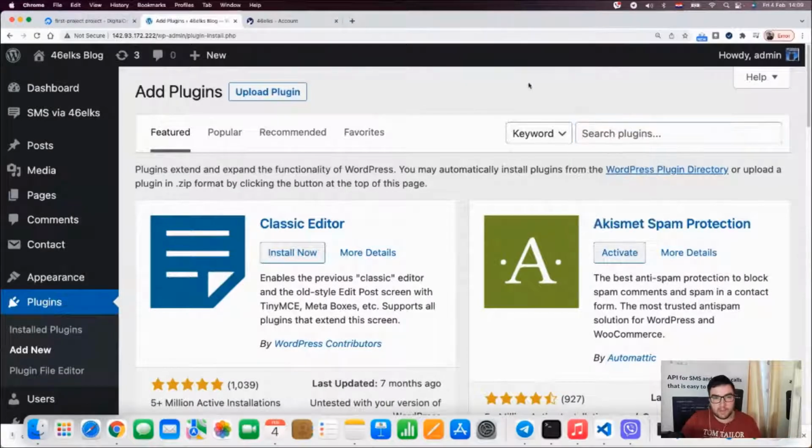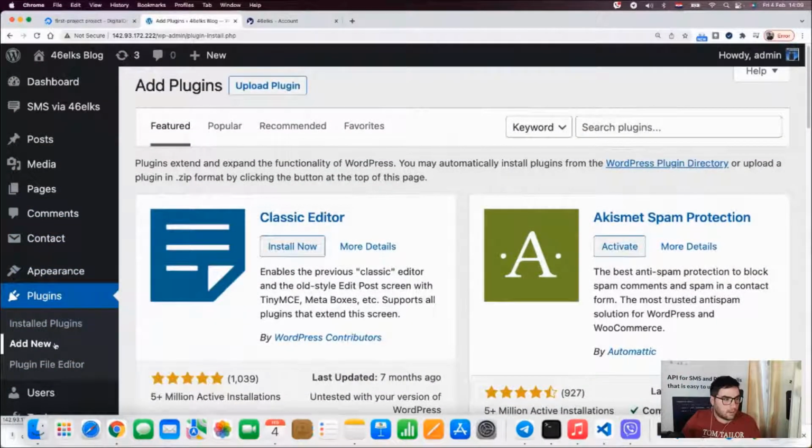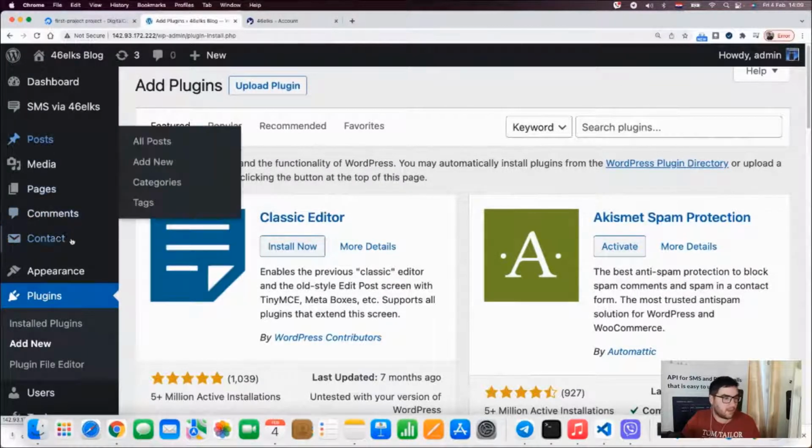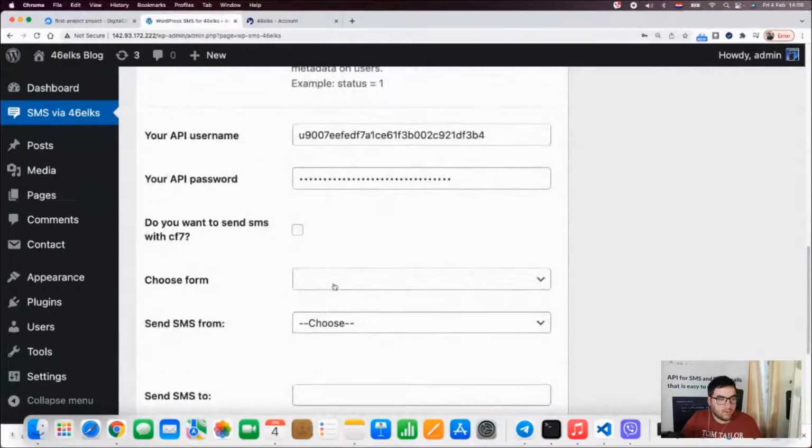You can type in the search here. So for example, you can type in Contact Form 7 and you will get it here. Installing is quite easy because it's available in the WordPress marketplace. All right. So when we install it, it asks our API, our plugin, the 46elks plugin for SMS,